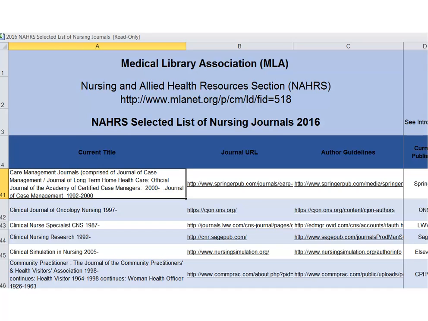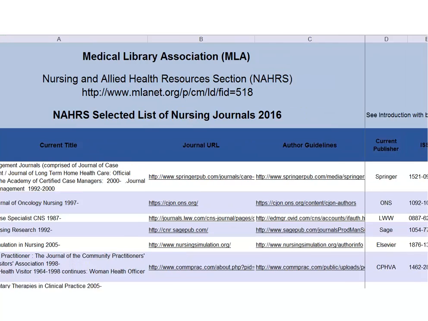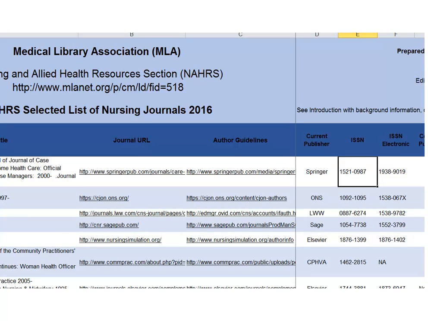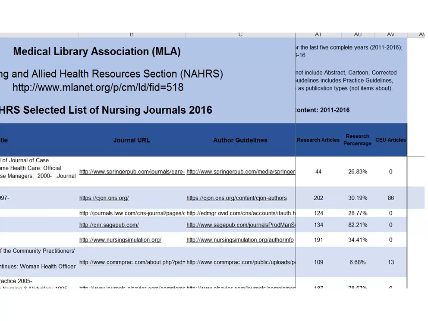So it will link to author guidelines. It will also give you information on if it's peer-reviewed, how many times it comes out, and also will tell you which databases it's available in. So it will give you an idea of if it's indexed in these databases, so your publications will be more visible. It will tell you if guidelines are published, how many articles are published, if they publish systematic reviews, or